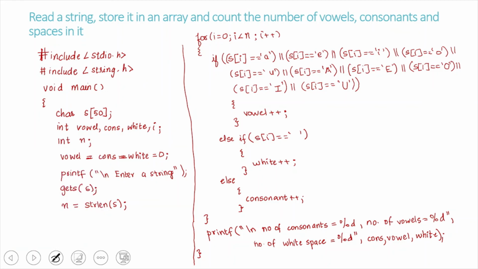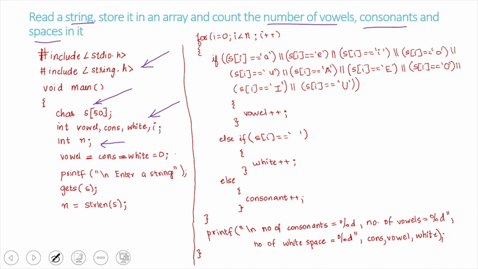Remember to use string.h in order to calculate the length. Then a few variables called vowel, consonant, white spaces, etc. Then n will give the length of the string.